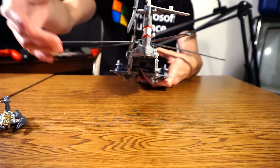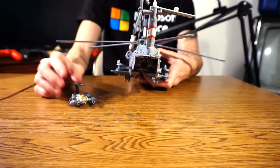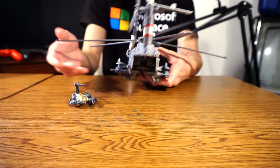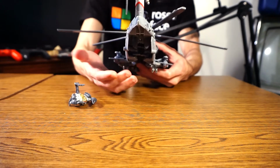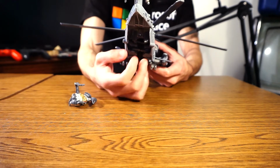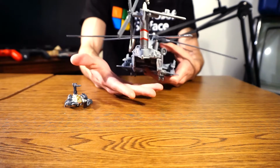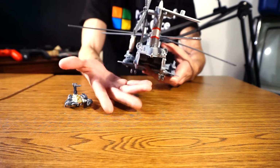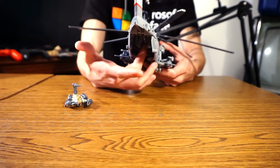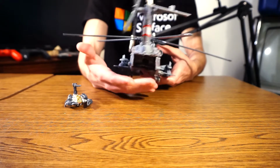There's nothing in there. So if you're displaying Scorponok next to him, you better have Blackout in robot mode to get rid of that. Otherwise, if you have him in helicopter mode, and I know that many of you might not be caring about this as much as I am, but there's a giant gap right there where they could have at least added two panels that come off of this piece right here, fold in and close up this entire section. I've seen them be clever with something like that before. It's a shame that they didn't put that here. So once you remove Scorponok, you have this giant hole in the back of the helicopter portion of Blackout,